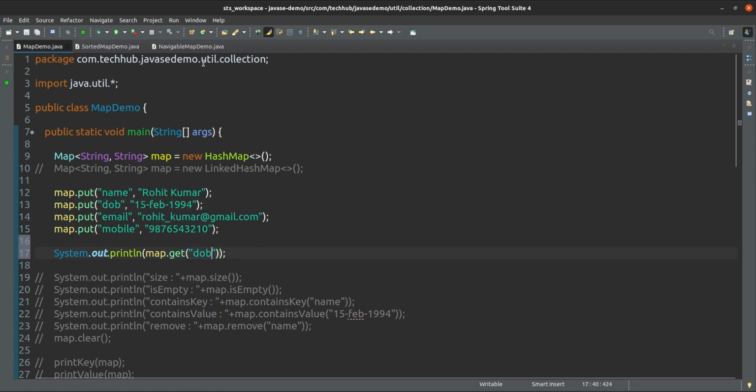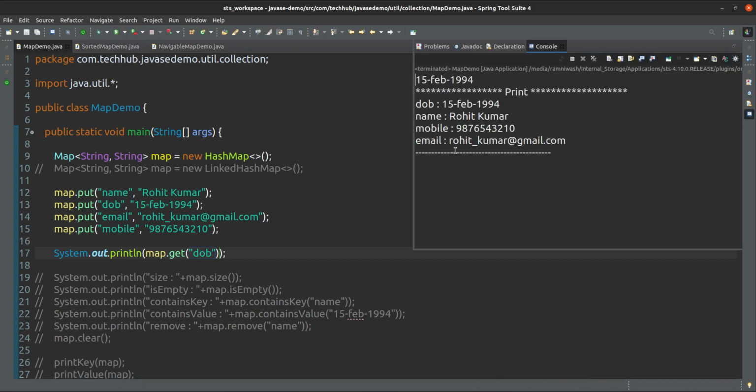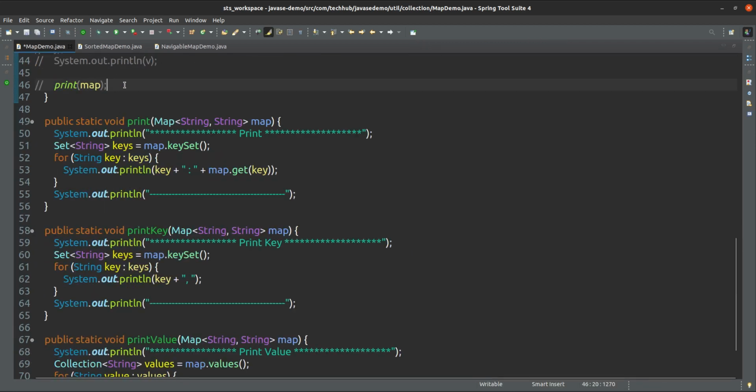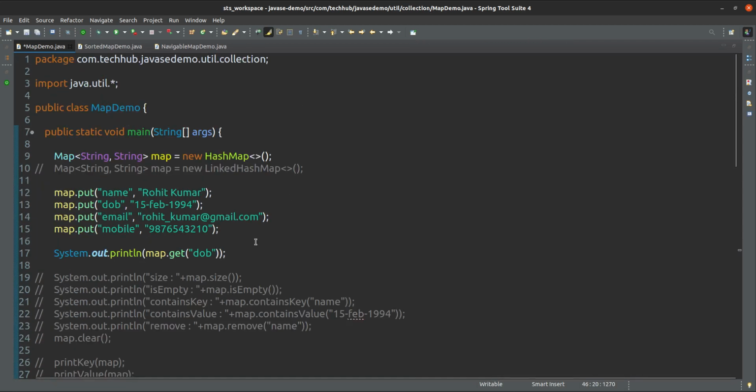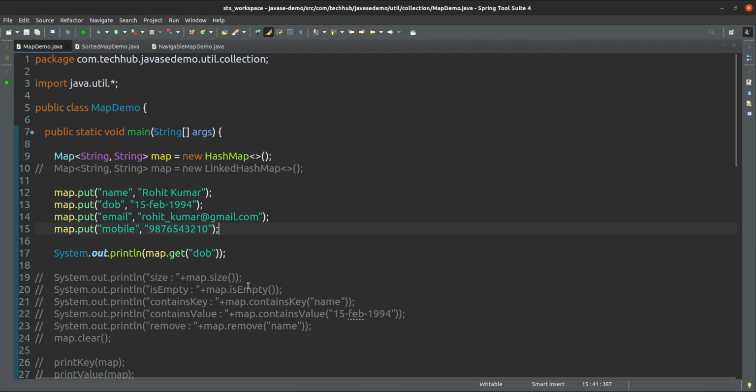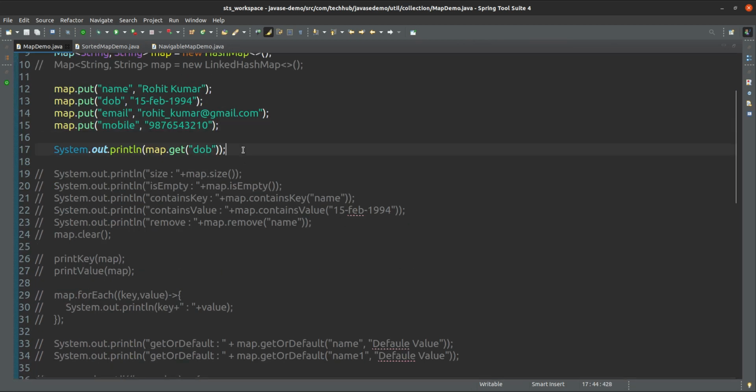Any key we can give. This one I am just printing. If you comment this print statement, you will see only the one value will come now. Yes, so 15th February 1994. Okay, so this one is get.